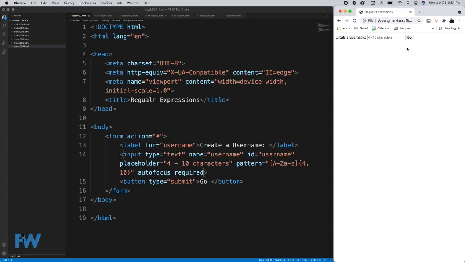So this would not be returned to the action of the form or whatever's processing the form until we met the requirements of that pattern in that attribute on line 14. We also gave this autofocus, so this particular field is focused on automatically, and made it required. So it had to be